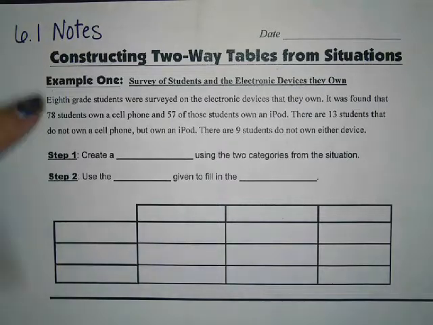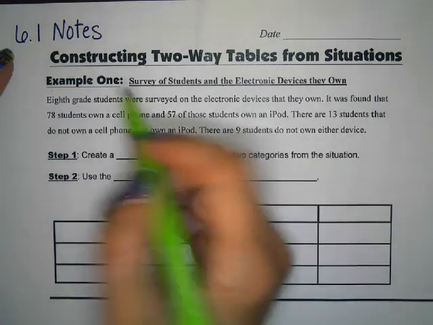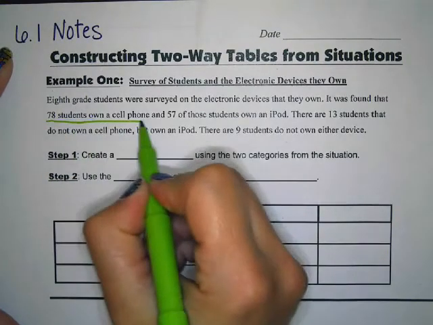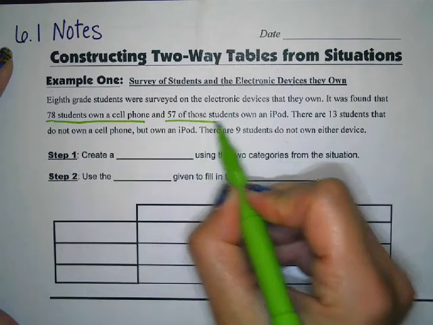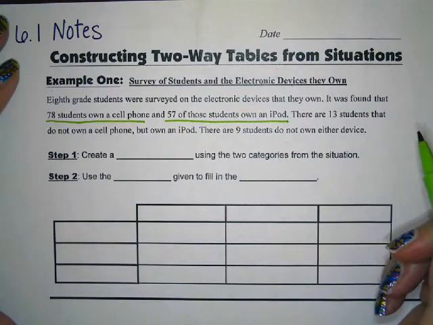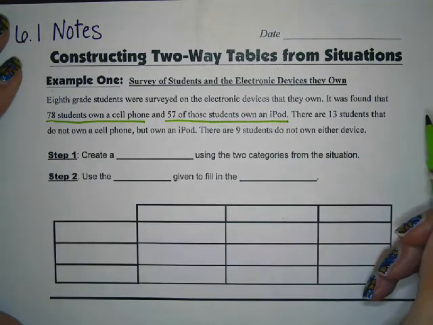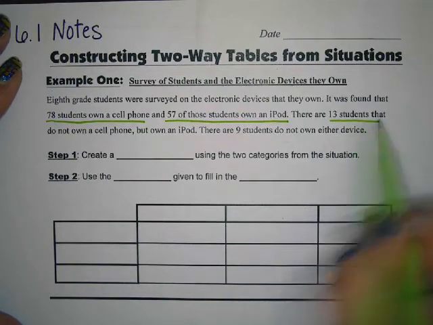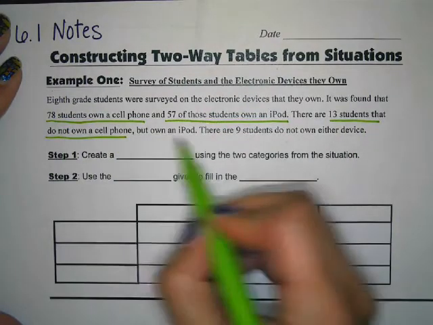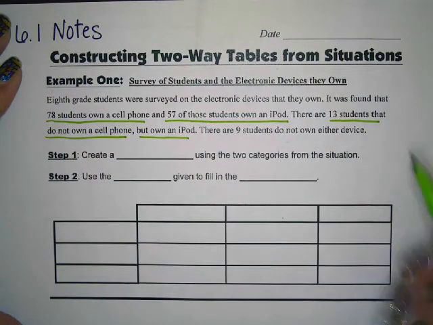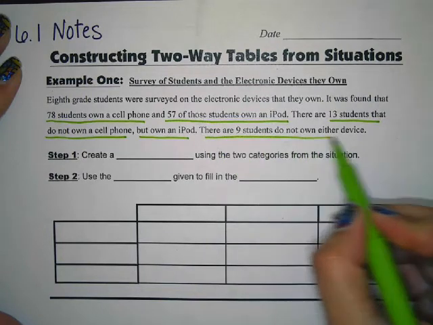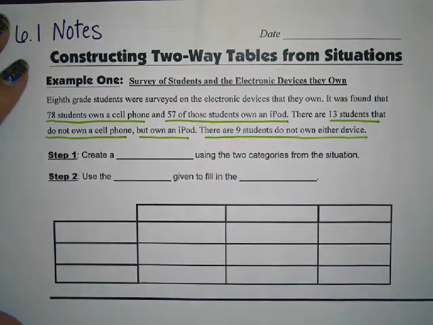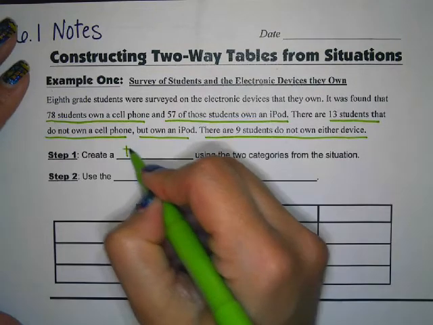So the first one says 8th grade students surveyed on electronic devices that they own. It was found that 78 students own a cell phone. I'm going to go ahead and underline that. And 57 of those students own an iPod. There are 13 students that do not own a cell phone, but they own an iPod. And there are 9 students that do not own either device. So we're going to create a table